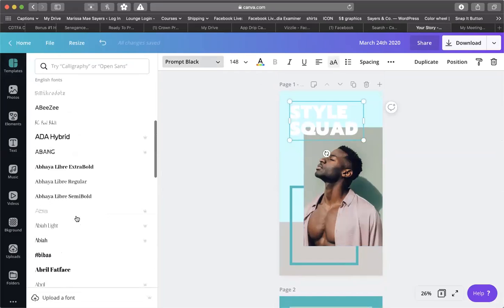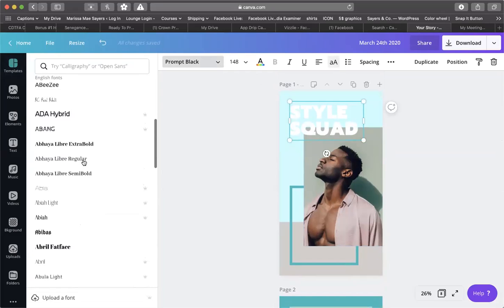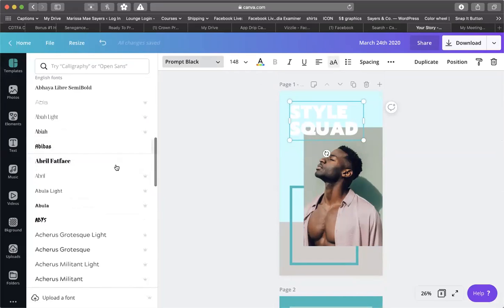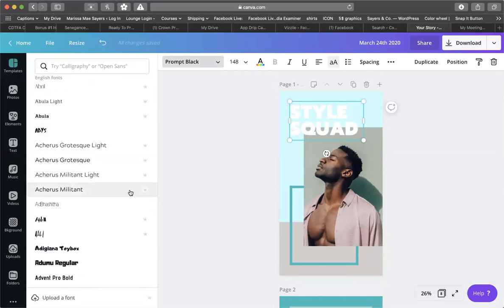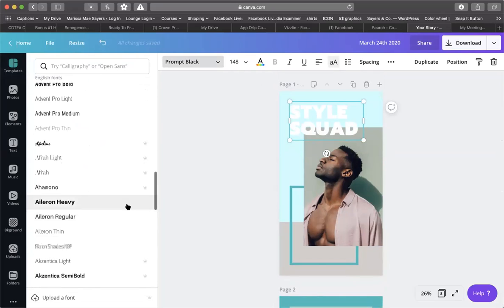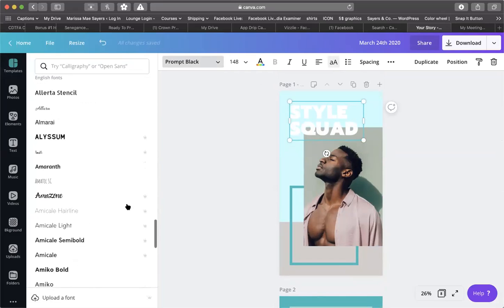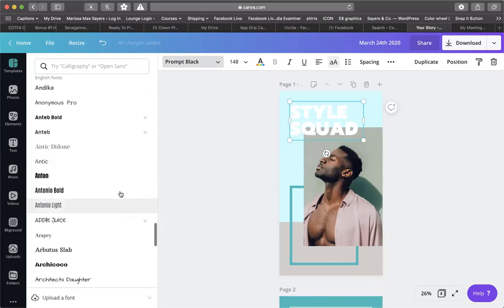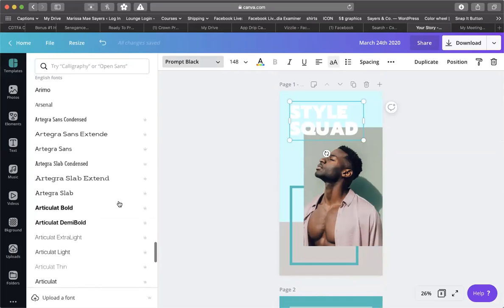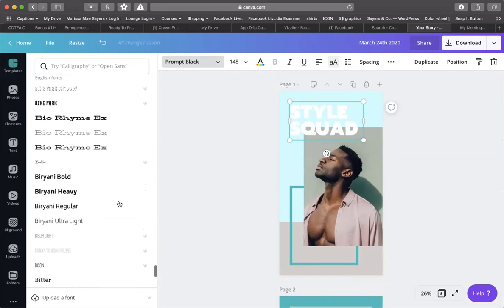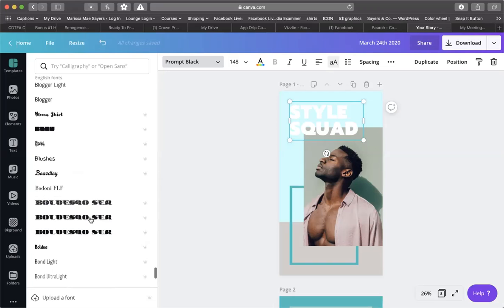They have so many fonts. Every font that does not have a crown is a free font from the free version. So everything with a crown I have access to. If you use Canva for the free version, you will not have access to it. But as you can see, there are tons and tons of options on the free version for fonts. So you will not worry about, we're only to the B's, you guys. I'm not going to scroll all the way down. There's literally so many options, or you can